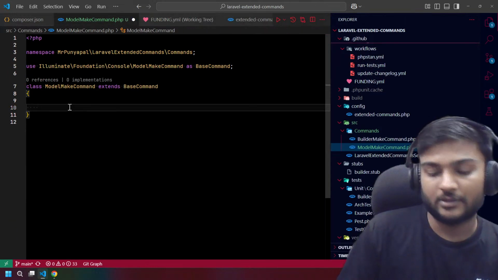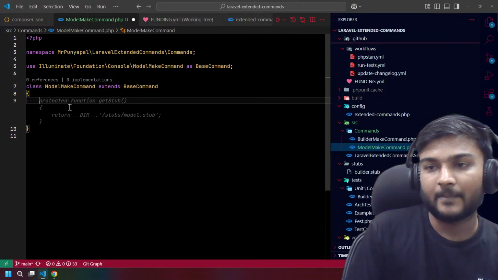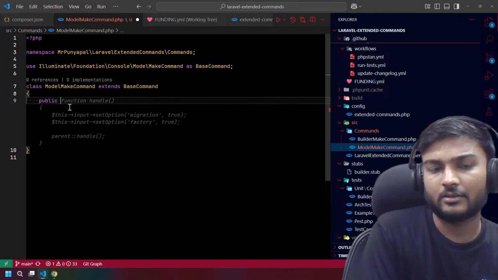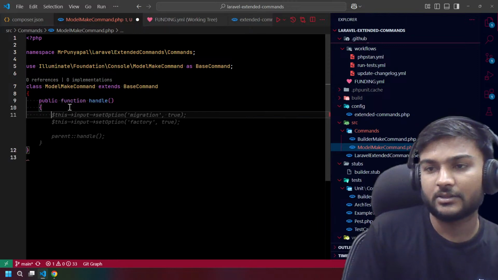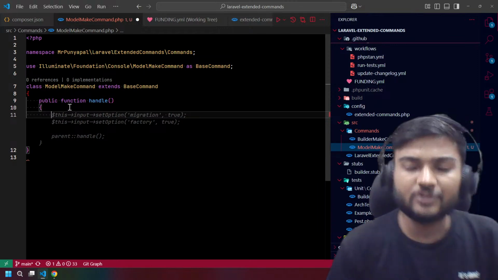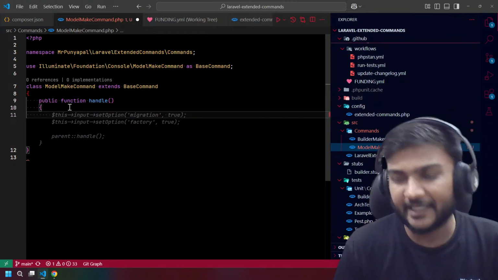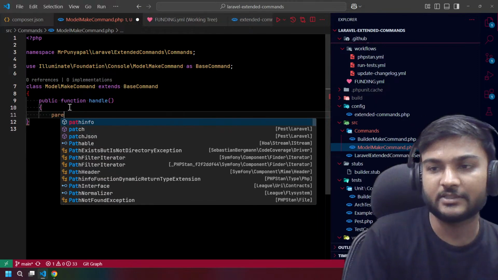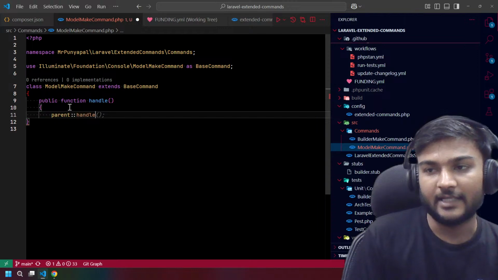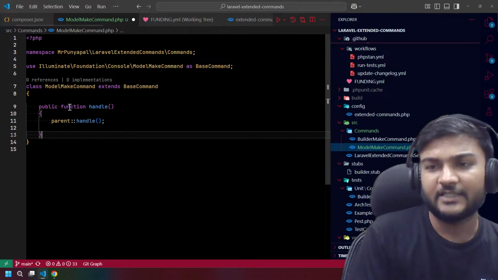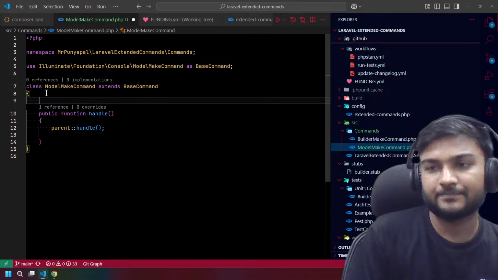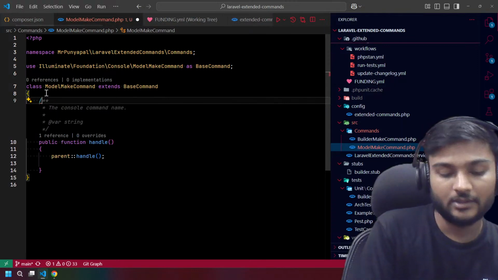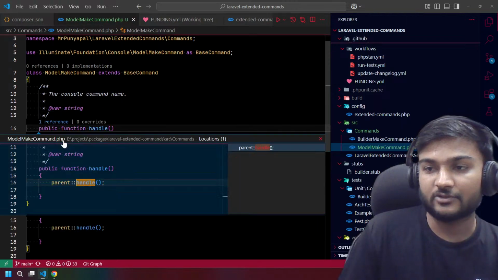What we're going to do is, I think it should be a public function handle, right? Then we actually don't want to break anything in the model make command, so there's a parent handle. We need to define what it actually returns.